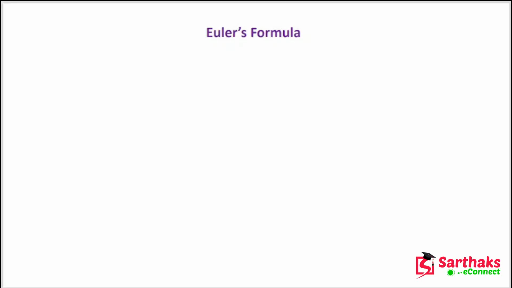Let us define what that certain relationship is and what it actually says, and with the help of this formula how can we actually calculate the number of vertices, number of faces and number of edges of a convex polyhedron. So let us define it. Euler's formula says that